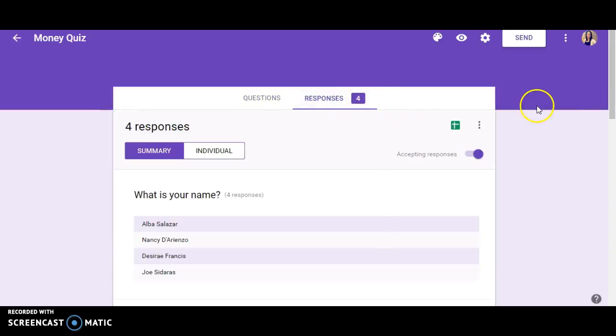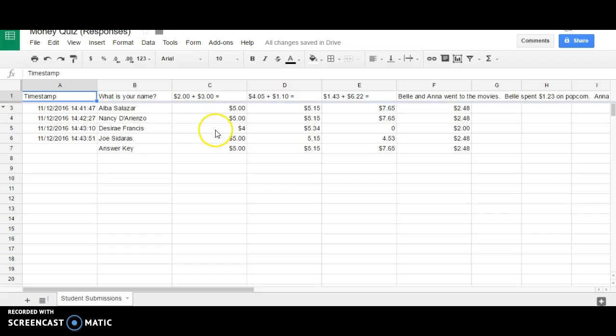So far I have 4 responses. Now, if you haven't already on your Google form, this is the way that you would view responses in Sheets. I already clicked on it, so I'm just going to open my new window. Now here I have all of the results of the quiz so far, who's taken it, and the answers that